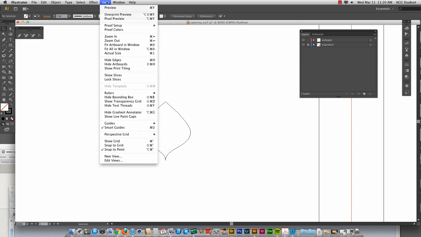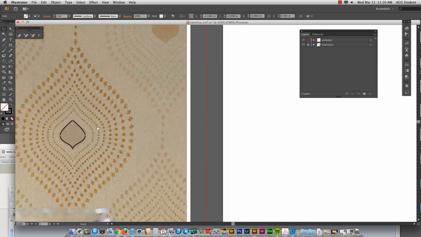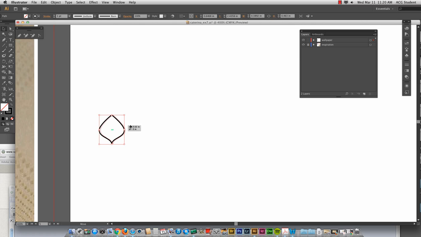So I'm going to go back to View, change it to Preview, which is Command Y, and now you can see that shape. Now, I could take that shape over here and start to work with it by holding down the Option. And you see the Smart Guides?